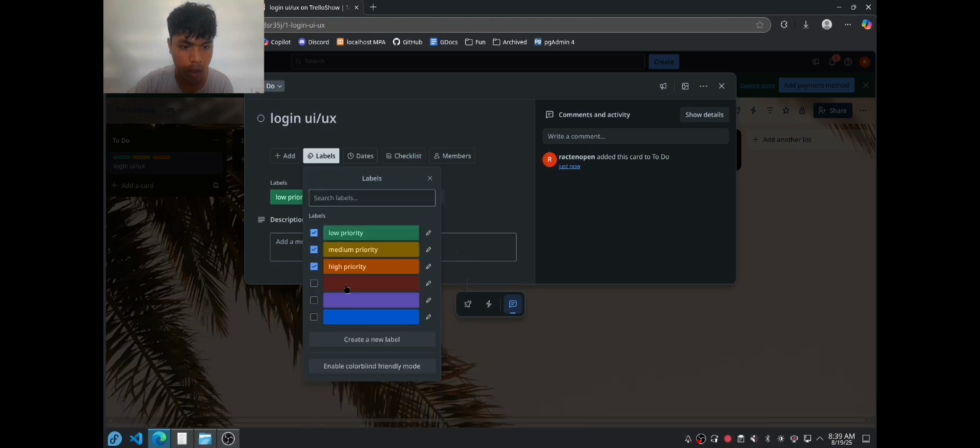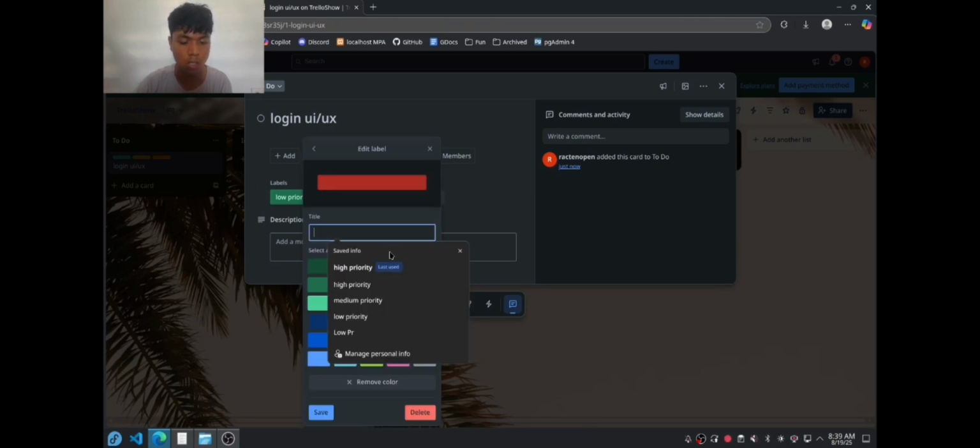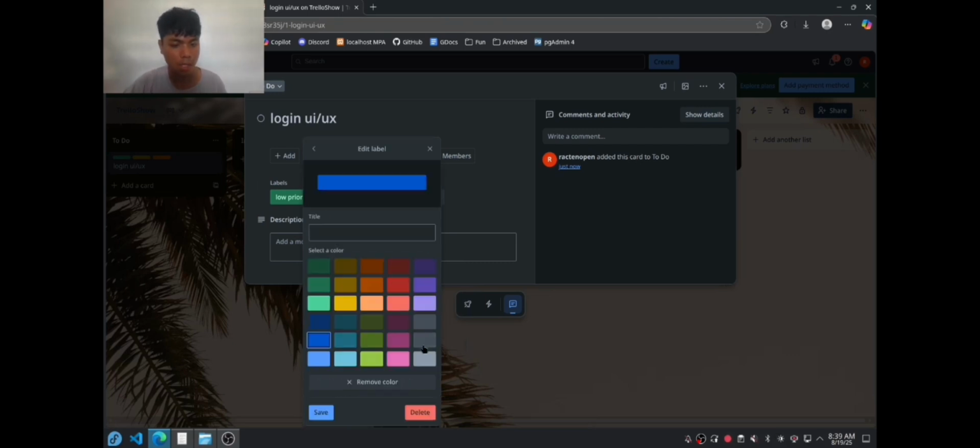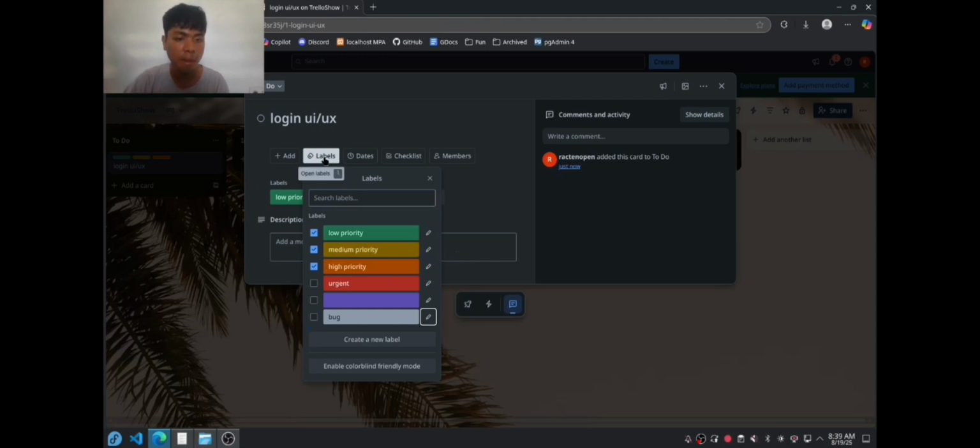Then let's say this is urgent, and this, let's color gray is for bug. We can add labels to others, so let's just create this stuff.